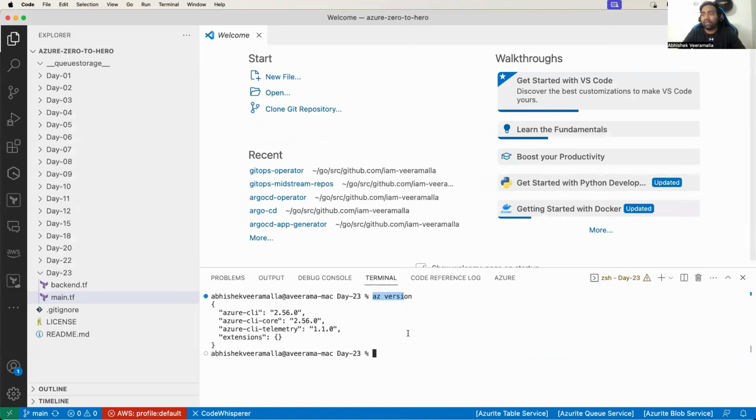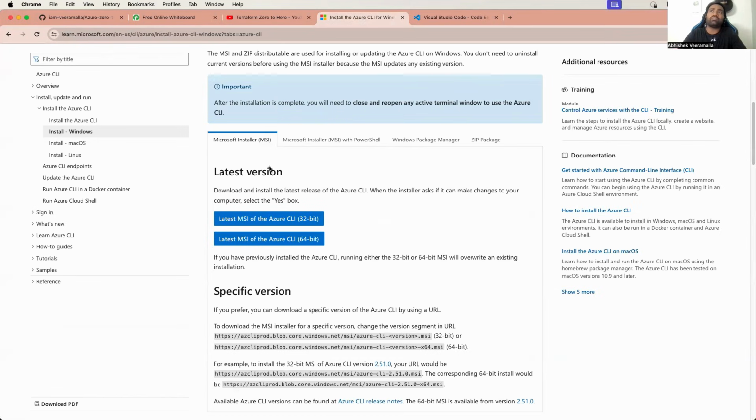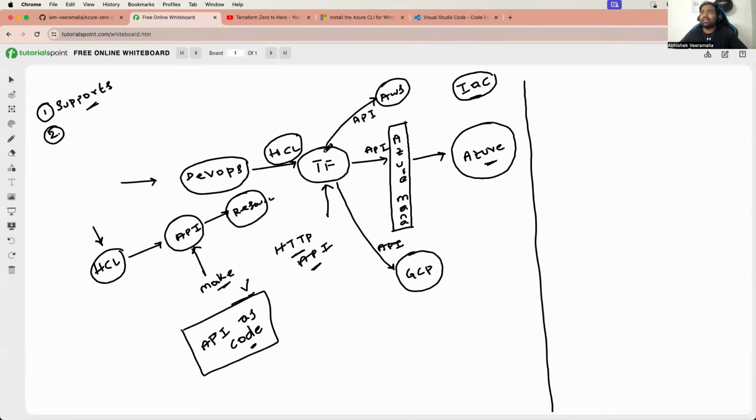Why do you need AZ? Because as I told you, Terraform talks to the Azure platform, right? Here I have explained that Terraform talks to Azure Resource Manager and Azure Resource Manager creates the resources for you. But there has to be an authentication for Terraform, right? If you create resources through the user interface, you log into the UI using your username, password, or your GitHub account. That is how you are authenticating and authorizing yourself. Even Terraform has to authenticate and authorize. That's why we will install AZ on our machine, and then we will run the command called AZ login,